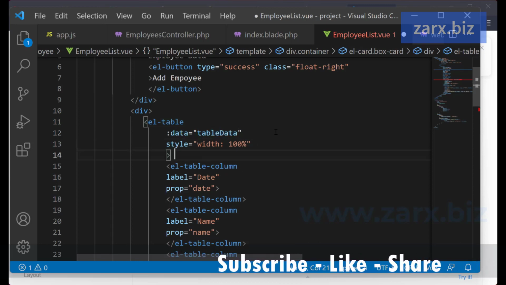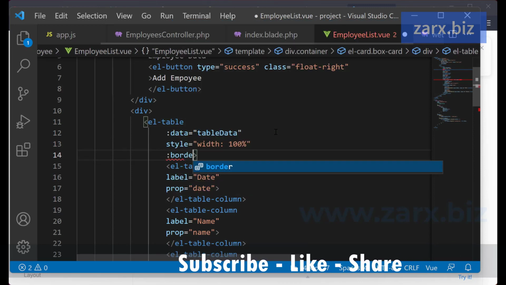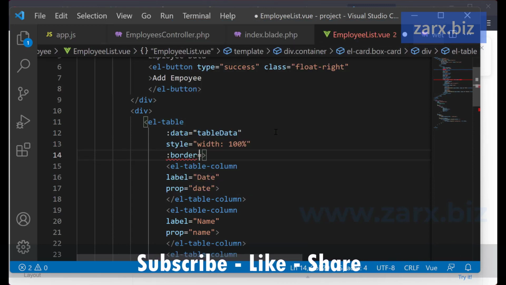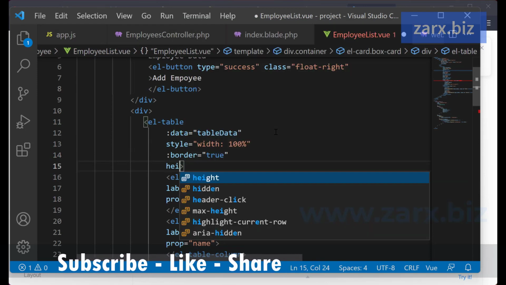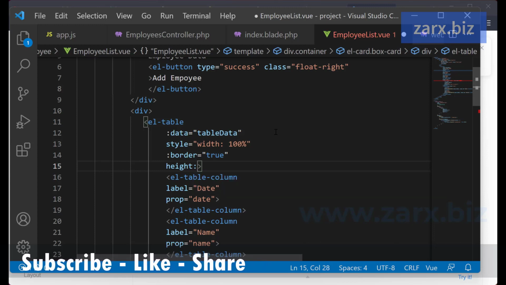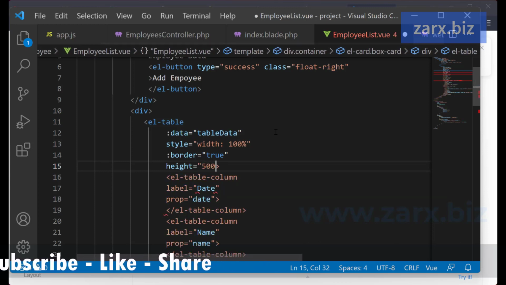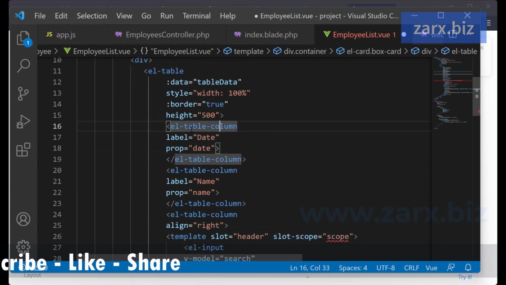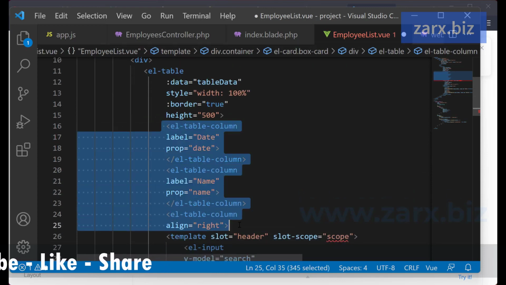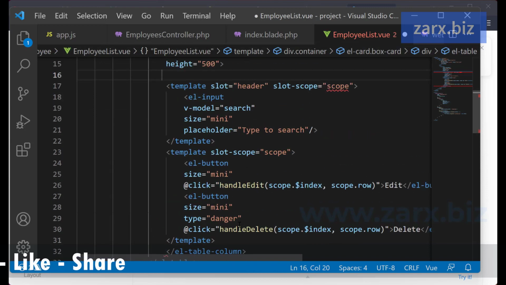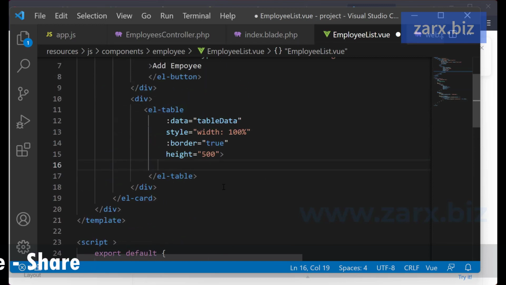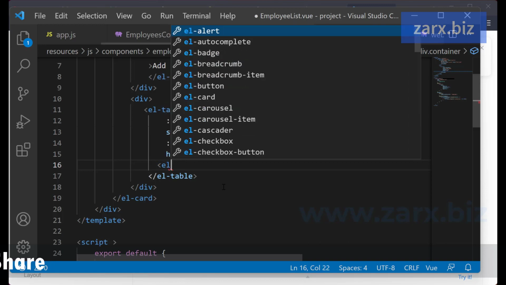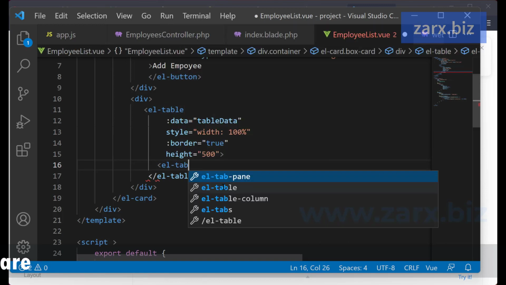Now for the styling, I want to give this table a border, and for passing border we simply pass it true. Alright, and also we can set height here, and I want to give it a height of 500. Okay, now we have the columns. I'm going to remove these actually, and yeah, this too. So yeah, so we have table, and now let's create the Element column. So we're gonna say table column,